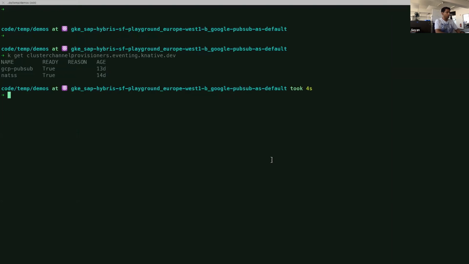Okay, so in this release, we enabled GCP PubSub to be used with Kyma. So the thing is, with the out-of-box installation for Kyma, you would see